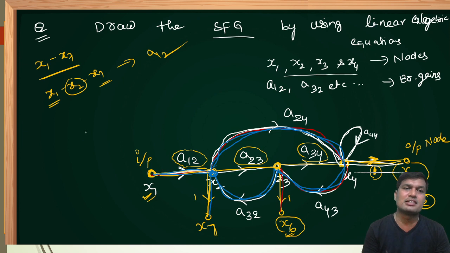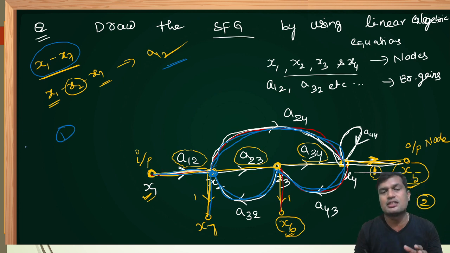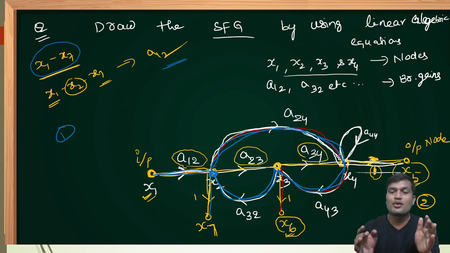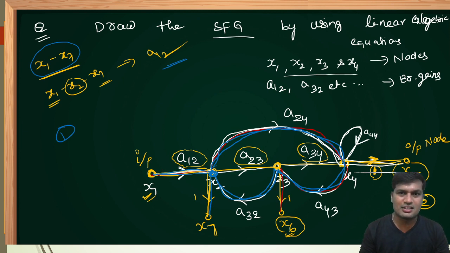Now what we have to understand is, as input node and output nodes change, the number of forward paths also changes. In the previous two combinations, the number of forward paths is 2. In the present combination, the number of forward paths is 1. Our conclusion is, as input and output nodes change in a signal flow graph, the number of forward paths also may change. Therefore, forward paths always depend on input and output nodes. I hope everybody is clear. I think everybody understands also.